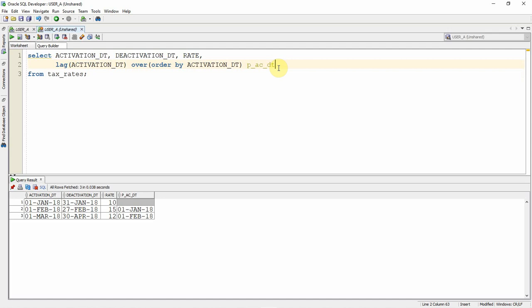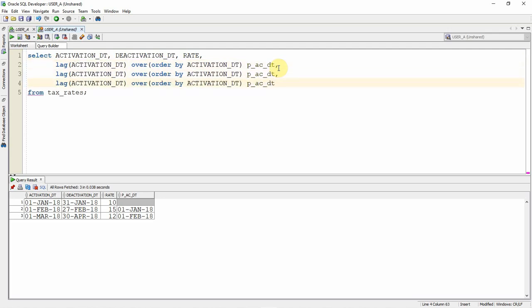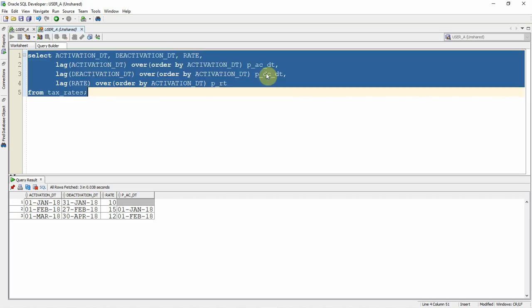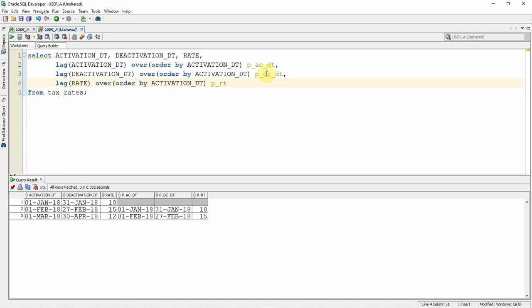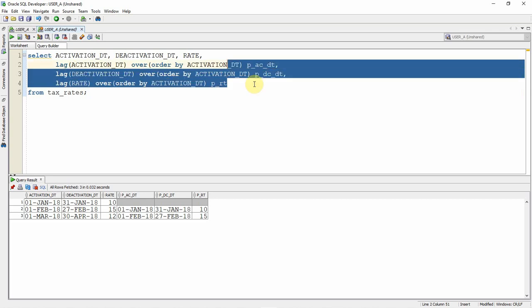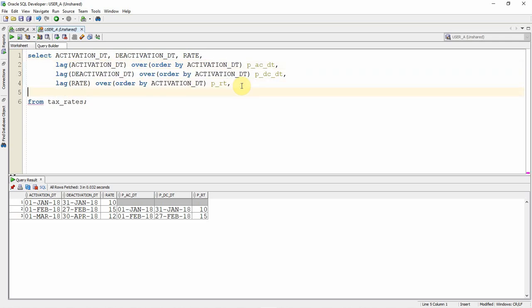Very similar to this, let us get the deactivation date and rate. I'm taking the deactivation date and the rate. Let me give aliases like deactivation date and rate. So now we got the previous rows as part of the current row. Very similar to this, I'm going to access the next row values in the current row.